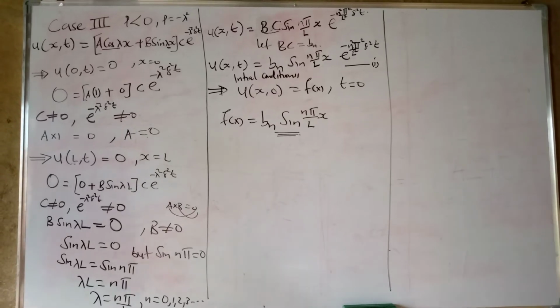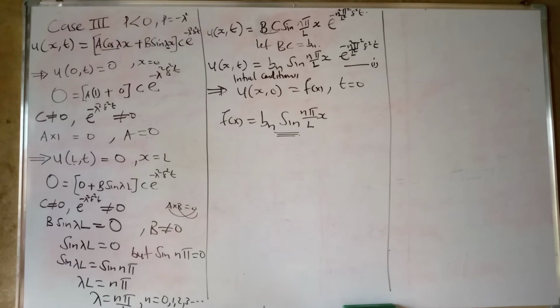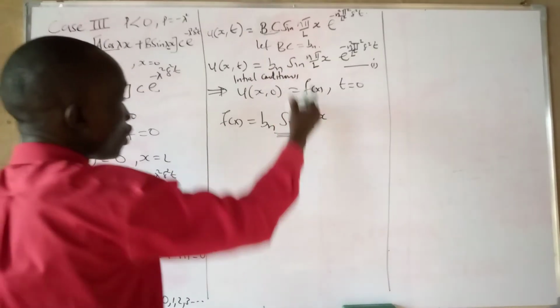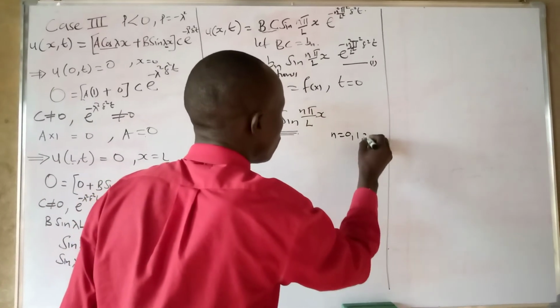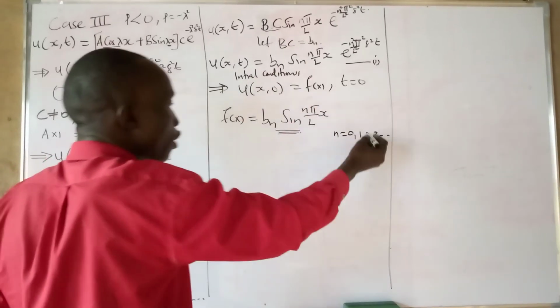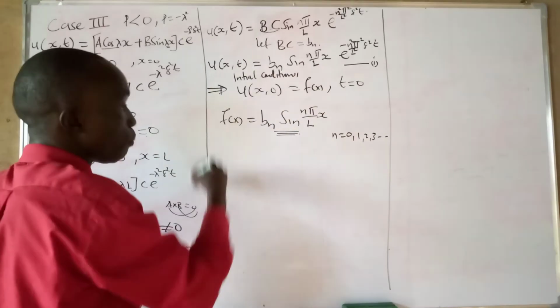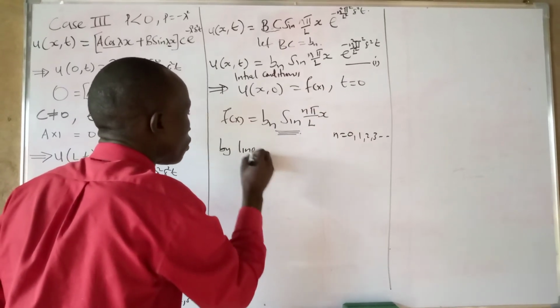So if you compare this, you find that this is a Fourier sine series. It's in the form of a Fourier sine series. So using a linear combination of this, because we said our n can be equal to 0, 1, 2, 3, and so on. When you sum different values of n, that means our equation 1 can be like this. So you can say by linear combination